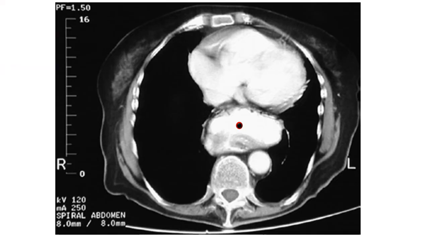This is the computed tomography image of hiatal hernia, which is showing a dilated portion of the gastric fundus that is marked by this black dot, and it is sliding through an esophageal hiatus into the lower chest. Nine percent of the patients with this condition have symptoms of acid reflux with gastroesophageal reflux disease.